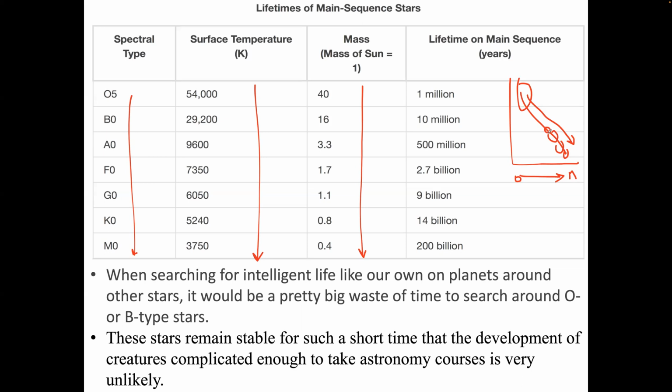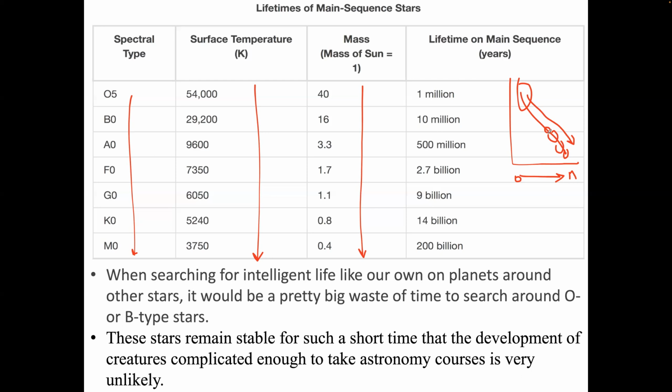Now, you know that there is a separate section that in astronomy we use for intelligent life on the other planets, right? So when you are searching for life on other planets, it will be a big waste of time to search around O and B type stars, right? Because when you are searching other planets for some intelligent life,